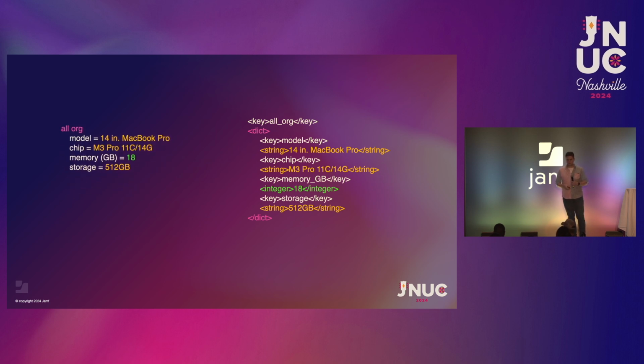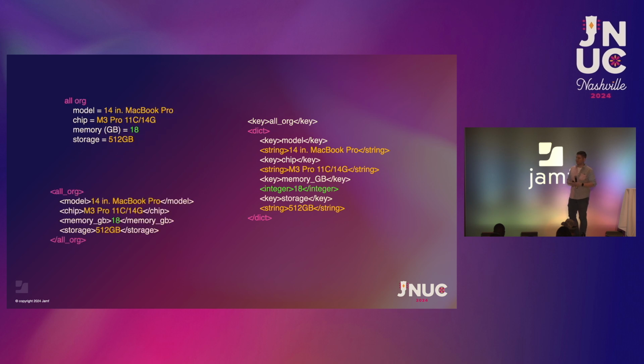So let's throw our XML back up there. Right? We can see the XML plist gets a little long. Right? There's a lot going on there, but it's the same data. And generally, if you kind of squint, it's about the same shape too. We still use that indentation to denote relationships because the tags are really just there for the computer programs.